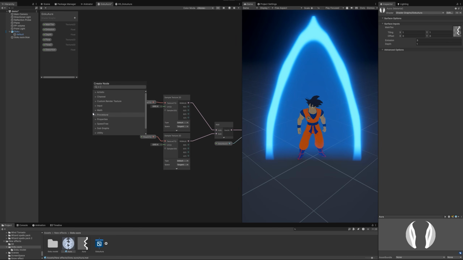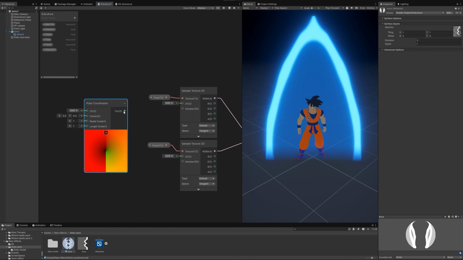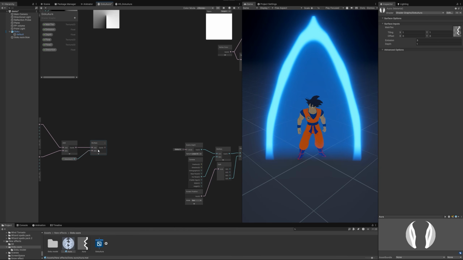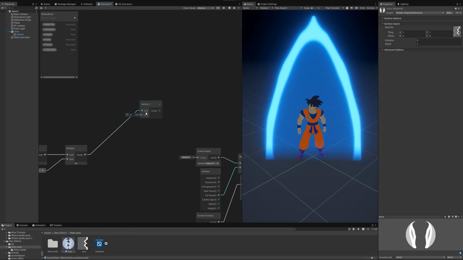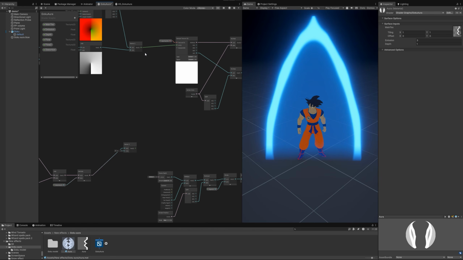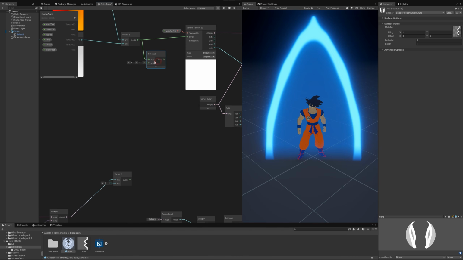then use the polar coordinates node as UV for this texture. It doesn't matter in this case that this node is broken. And use only the first value from the vector 2 and subtract it with the vector 2 that is responsible for the main texture UV. And